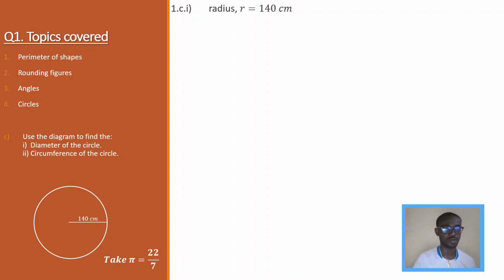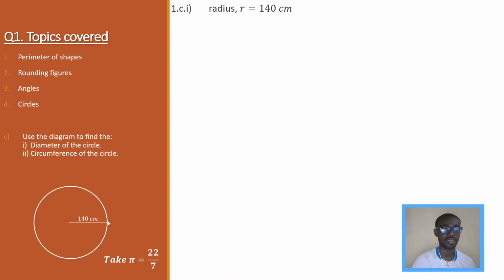Right, so now let's take a look at the third part of the question, the part about circles. It reads, use the diagram to find the diameter of the circle, and then the circumference of the circle. We have learnt in our lessons that the diameter is the distance from one side of the circumference to another